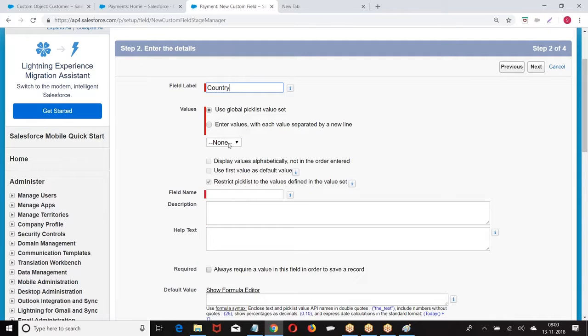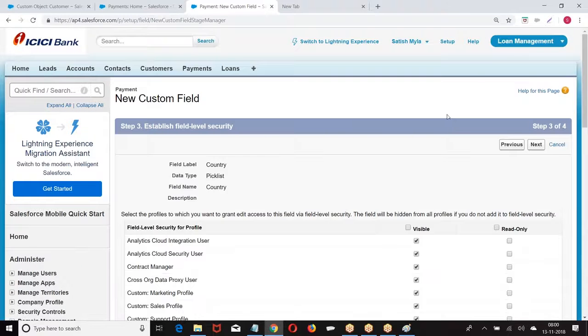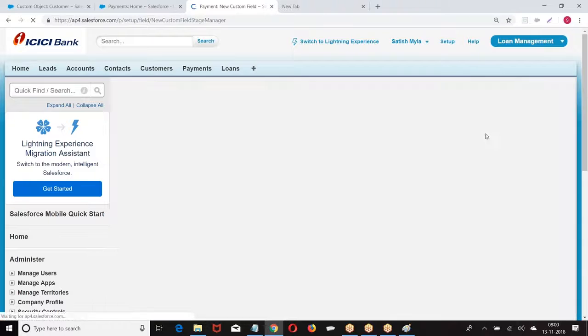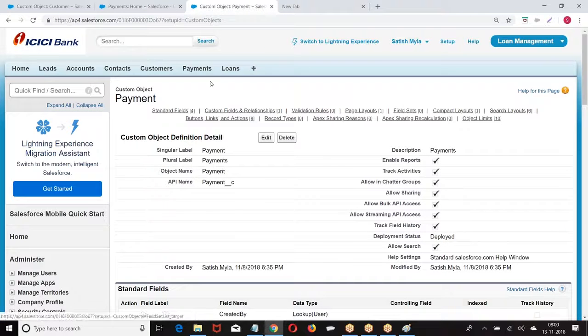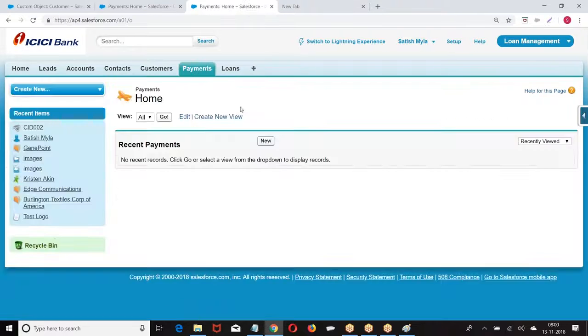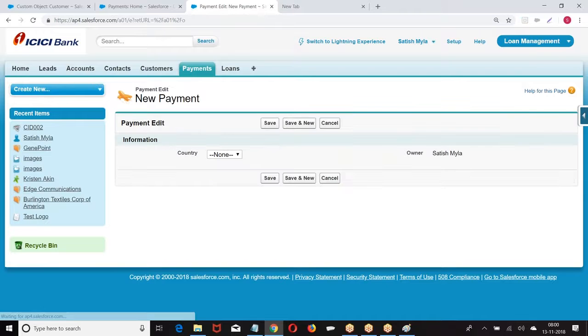Use global pick list. Next. Go to the payments. New. I hope you are good with this.